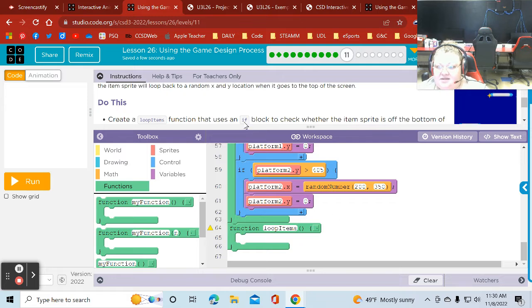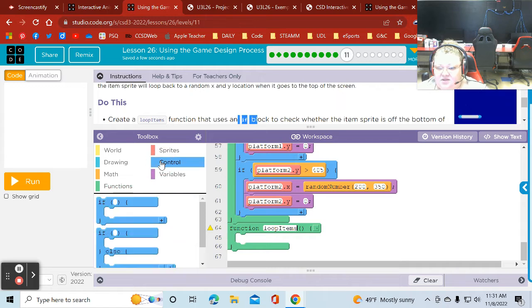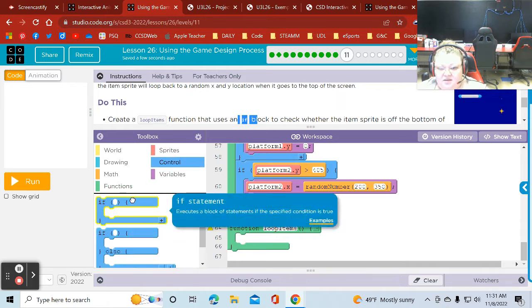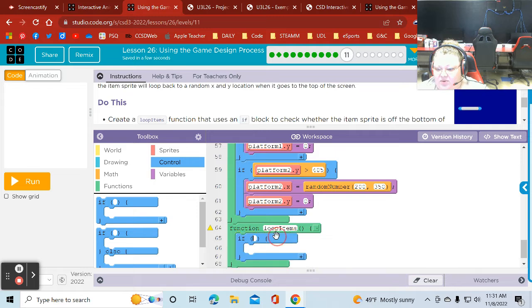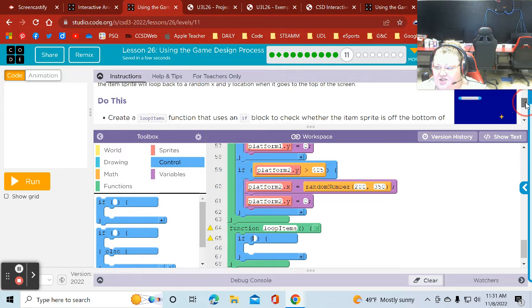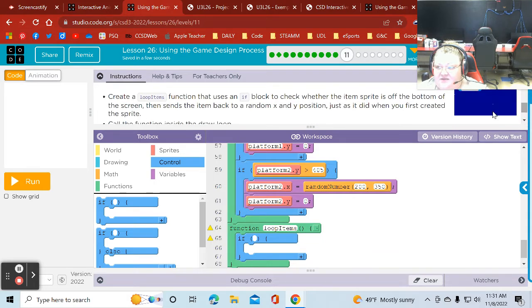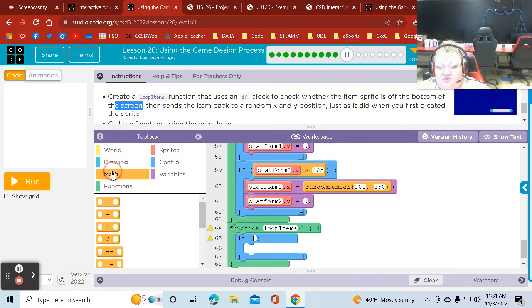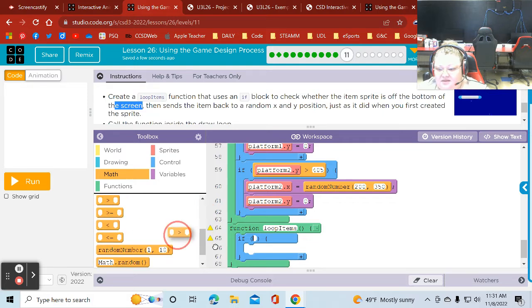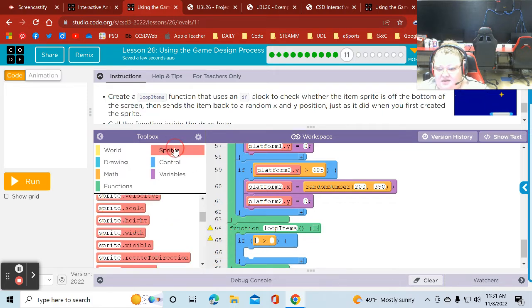Okay. Next, we need an if statement. Going to the control drawer, grabbing an if statement, bringing it in. What are we checking for, ladies and gentlemen? We're checking to see if the star has fallen off of the bottom of the screen. If it did, we've got to bring it back with some random numbers. Okay? So just like before, if greater than,